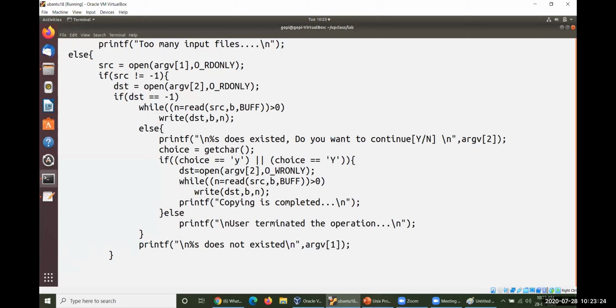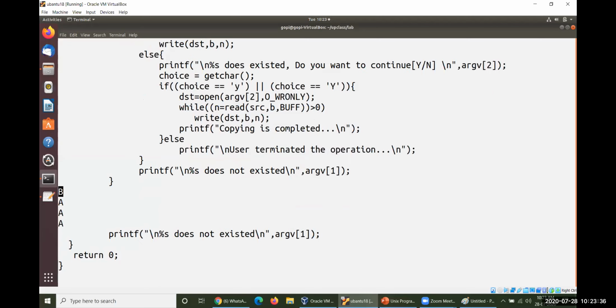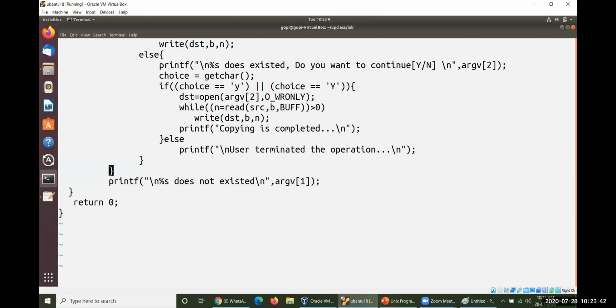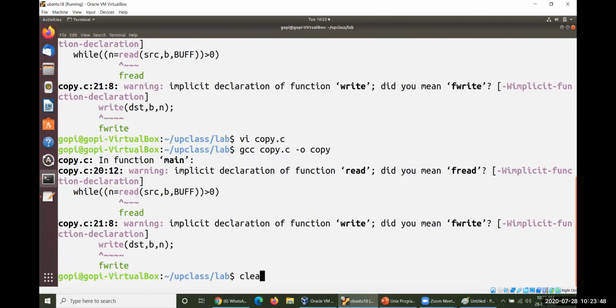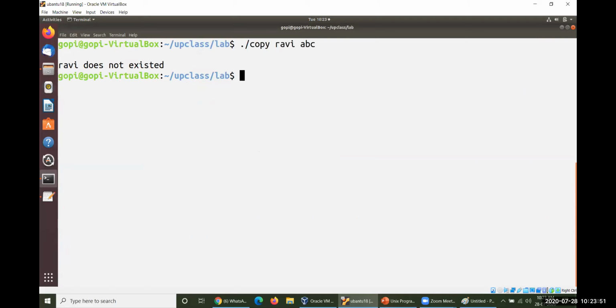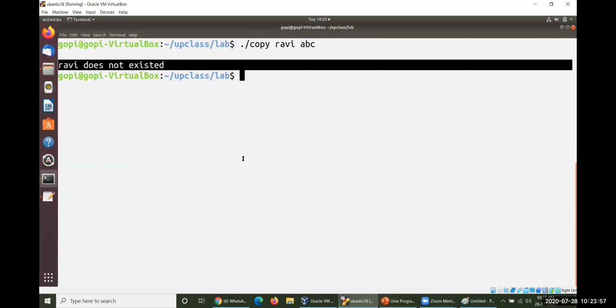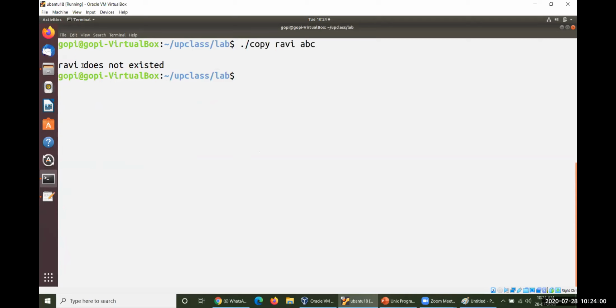So here you have to place it. And you need to eliminate this particular one in the VI editor. This is the basic problem. So yes, I'd like to eliminate this one. Fine. Let me operate one more time for the same. Yes, you could have the message. The file name Ravi does not exist, so the operation gets cancelled.